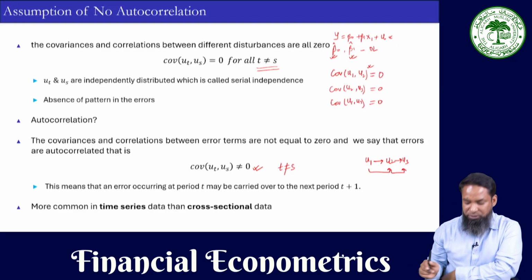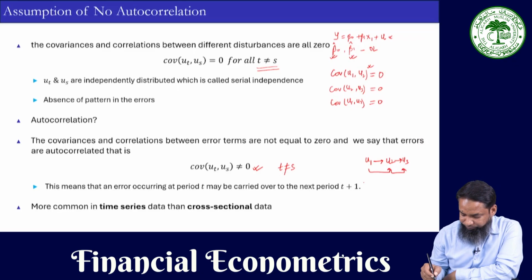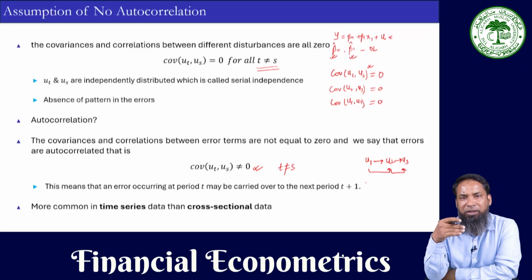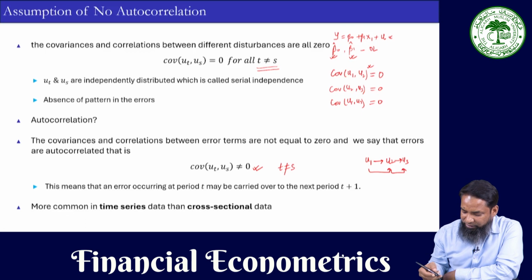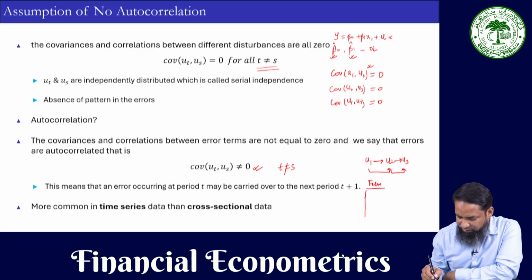So, in case of time series, we observe the phenomena or the characteristics of any particular variable. It could be, for example, the return of any particular asset or the performance of a particular firm or financial instrument. Let us say you are taking a firm as an example. If you are observing any characteristics of this firm for the time period of t1, for the time period of t2, for the time period of t3,